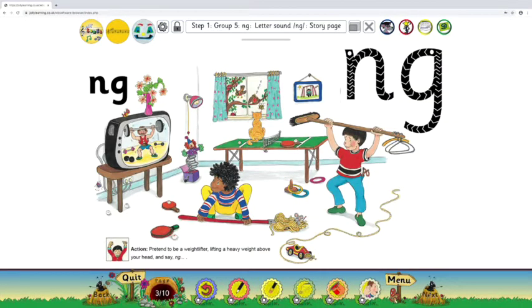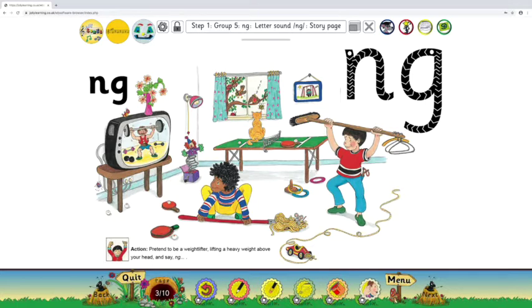story page, and there is a lot on this page. So you can start by introducing the story. So as I've already mentioned, it's about a strong man, and he is lifting a weight and making the sound as he's lifting it. There is a button up here at the top, which is the story itself. So if you don't want to tell the story, you can just click on this and it will start telling